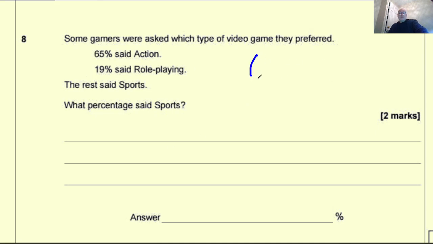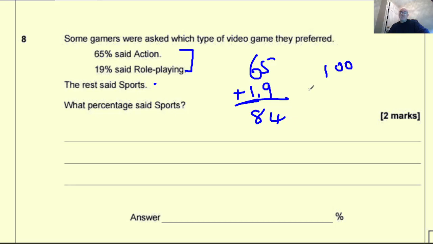So 65 plus the 19 is the first part. That's going to give me 14. Add the 1, 6, 7, 8. 84% are these two. And then how many else do I need to add to that? So my 100, take away the 84. And again, if you're looking to take this away, this is where some people will make the mistake of saying 26, because 4 away from 10 will give me 6, 8 away from 10 will give me 2,